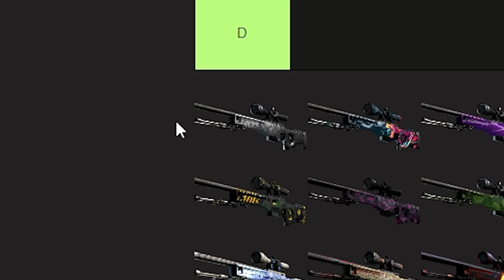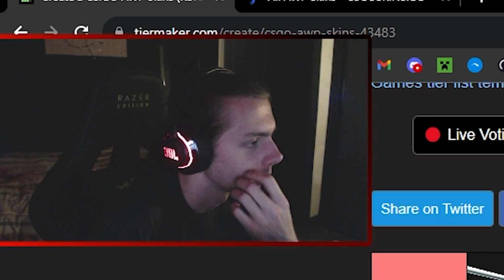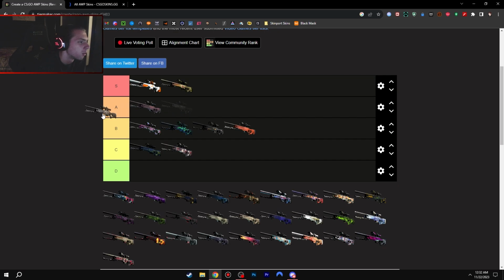The graphite's cool. The graphites are really cool. I think graphite's like easy A tier. The colors are probably the least impressive thing about it, but the pattern is just awesome. Do I put it above the Electric Hive though? No. Yeah, you're right. Hyper Beast is the